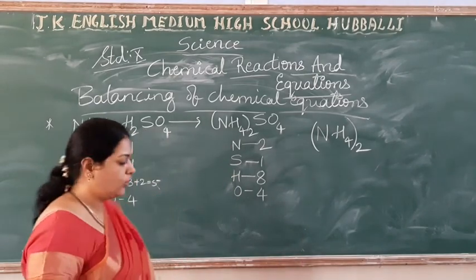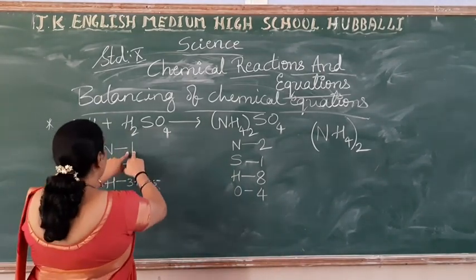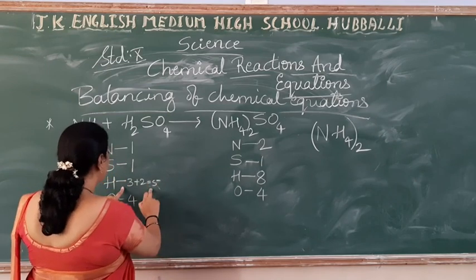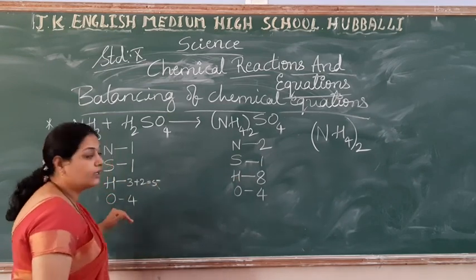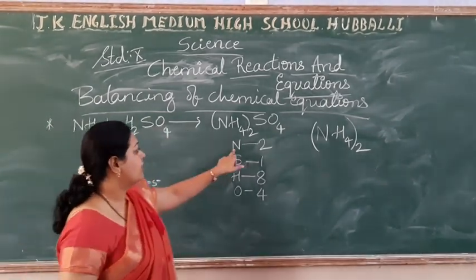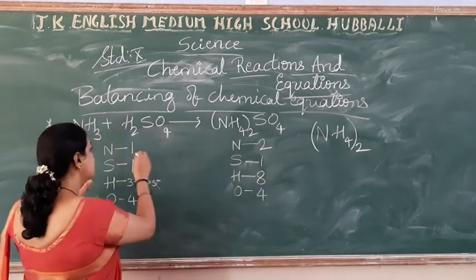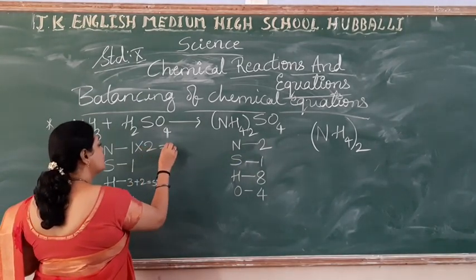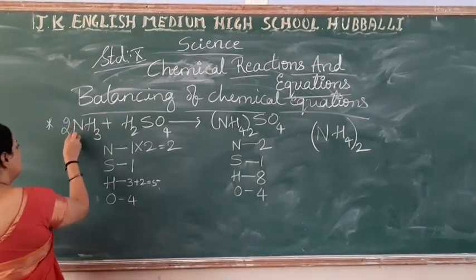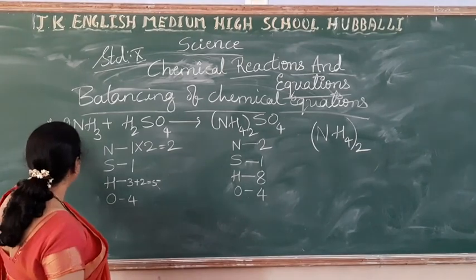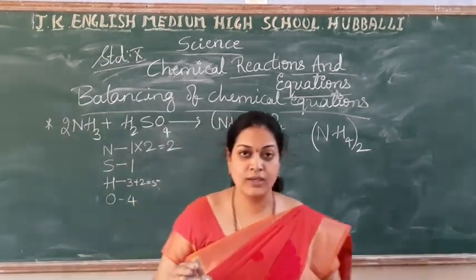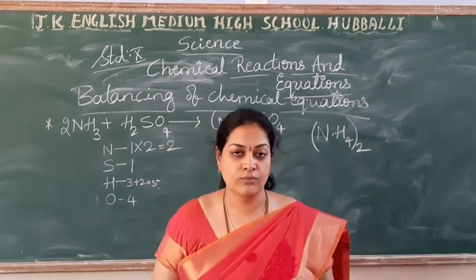Yes. Now see what you can do. Nitrogen 1, that is 2. Sulfur 1, hydrogen 5, 8 hydrogen. Here it is 4 oxygen, that side it is 4 oxygen. So let me start with the nitrogen. This nitrogen I will multiply with 2 so that I can get 2. So where should I write that 2? This side. If I write 2 here, as soon as any number you write students, you have to check the full equation.